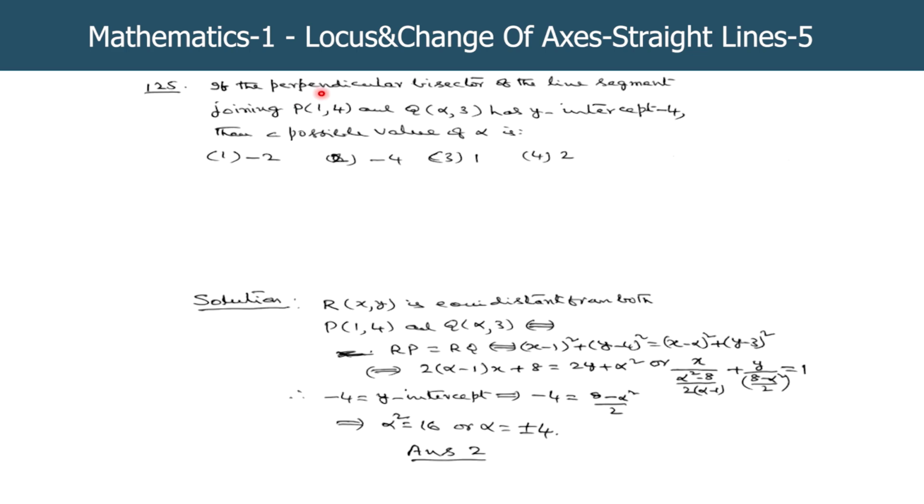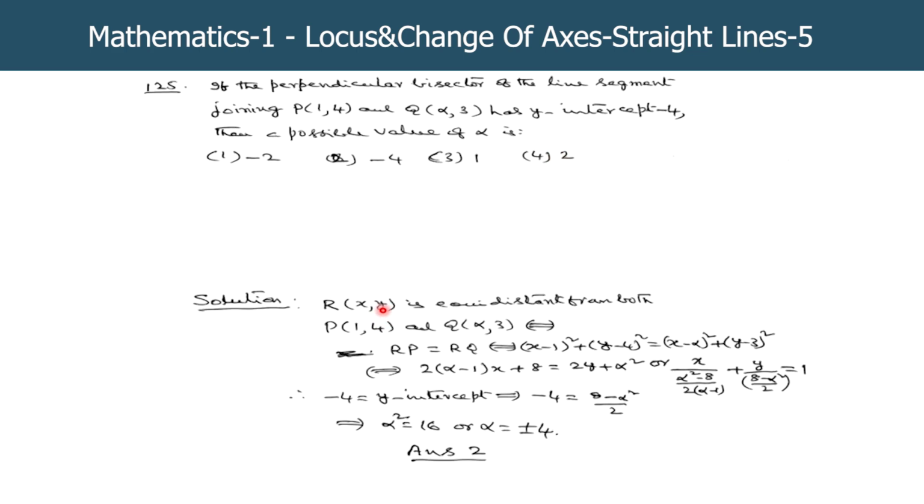125. If the perpendicular bisector of the line segment joining (1, 4) and (α, 3) has y-intercept minus 4, then a possible value of alpha is: 1) -2, 2) -4, 3) 1, 4) 2. Please see,